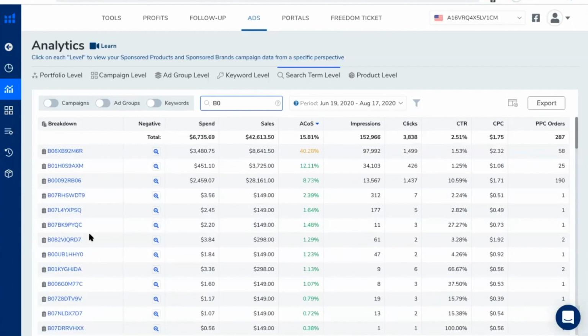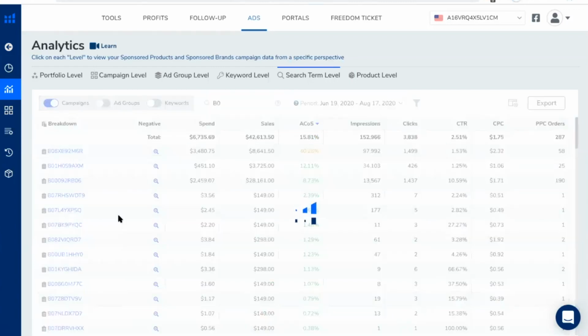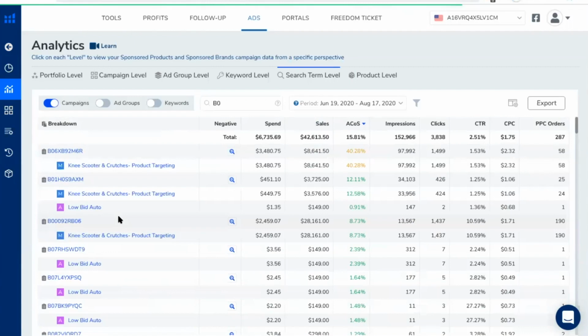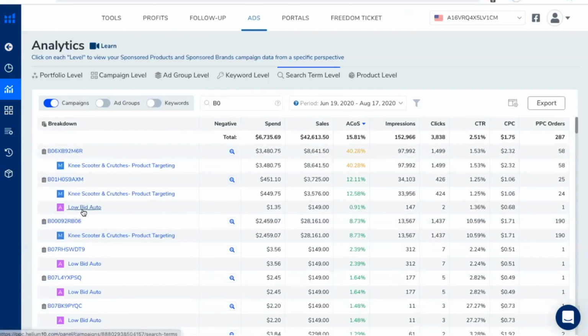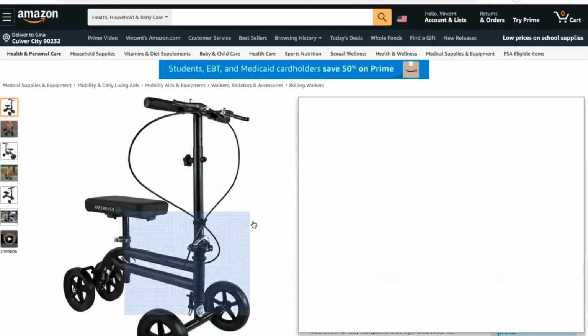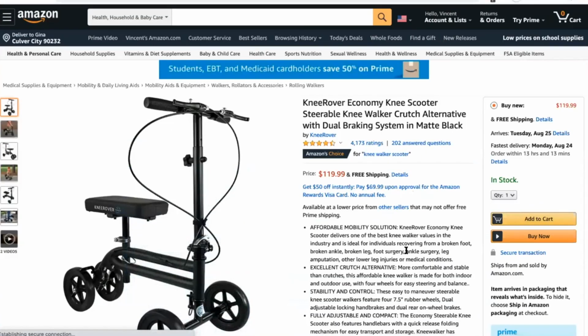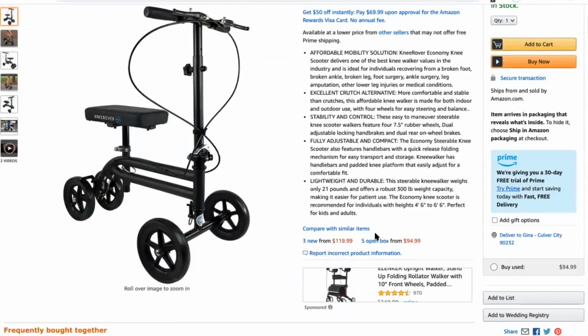So for auto campaigns, for example, you're going to see a lot of these types of ASINs show up as search terms. You can see right here, this is an auto campaign, or obviously product targeting campaigns target ASINs already. So if you wanted to get additional insights onto what these products are, you just click on it, and then we will automatically show you in Amazon, hey, here's the product that your campaign is showing on. And you can make a decision if you want to optimize it or not.